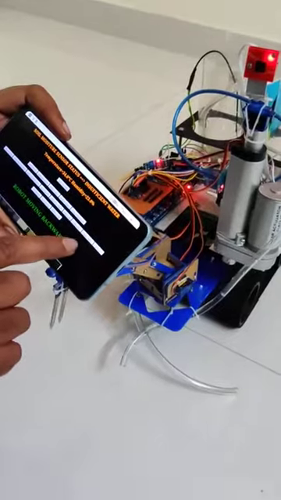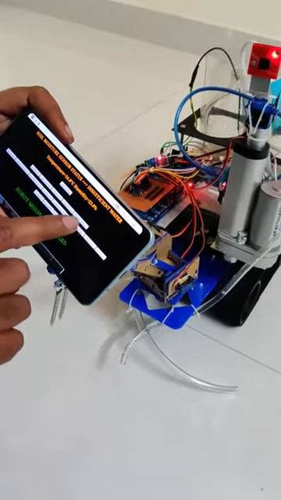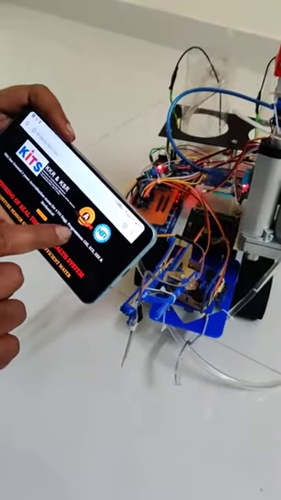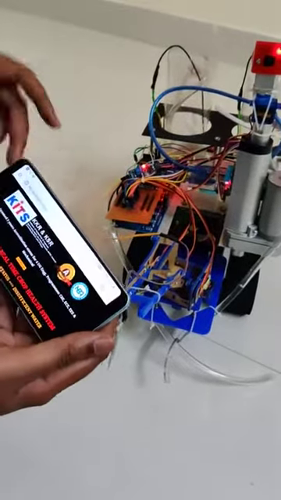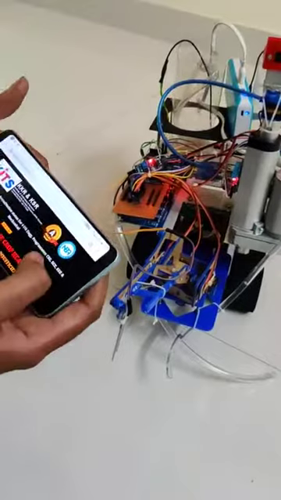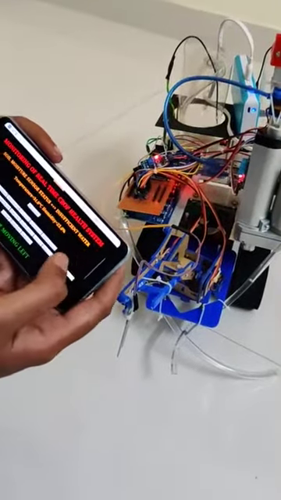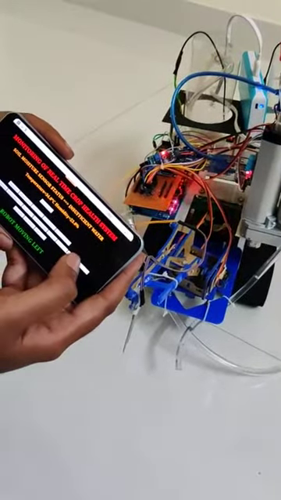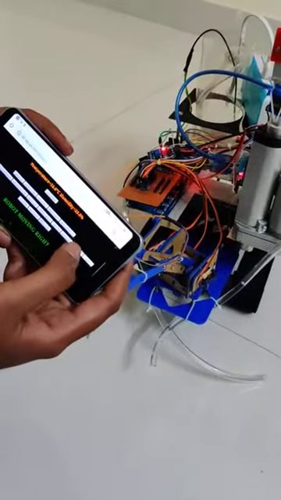In a similar way, when you click on robo left, your robot will navigate in the left direction. When you click on robo right, your robot will navigate in the right direction.